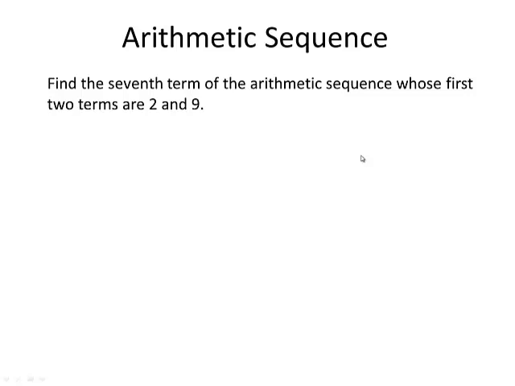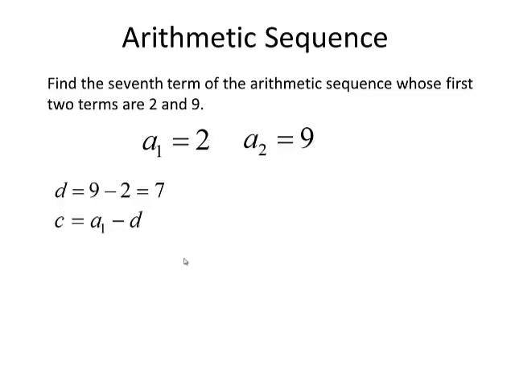Find the 7th term of the arithmetic sequence whose first two terms are 2 and 9. So you want to find a sub 7 when you're given a sub 1 is 2 and a sub 2 is 9. Okay. Doing the same thing, we have a common difference here of 7, right? And that makes